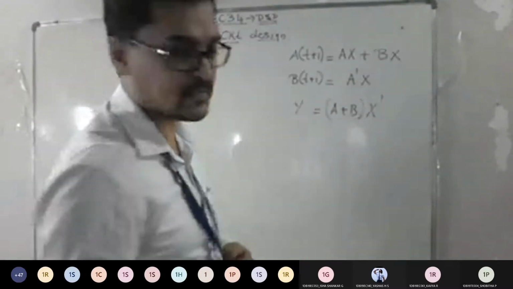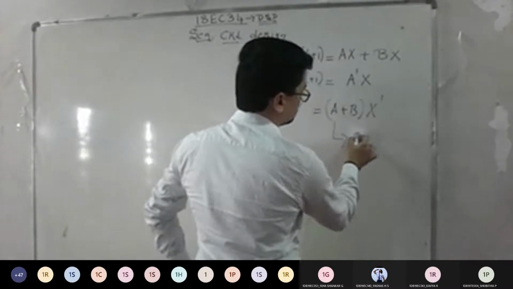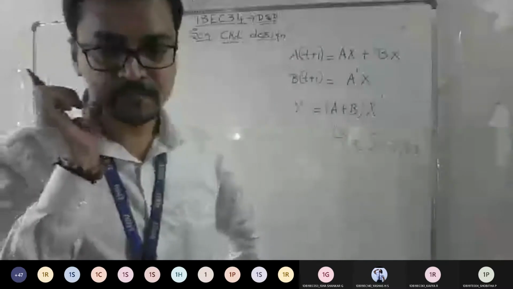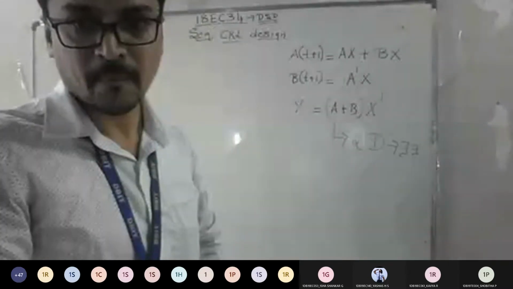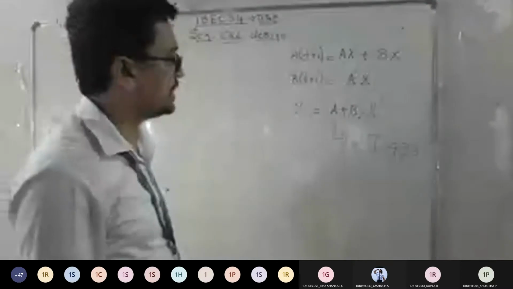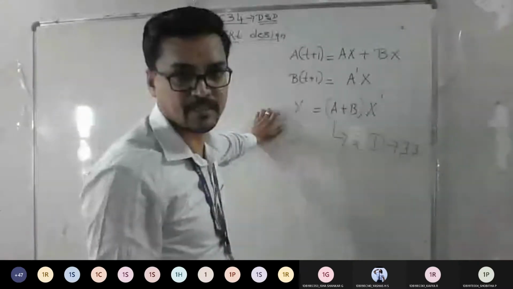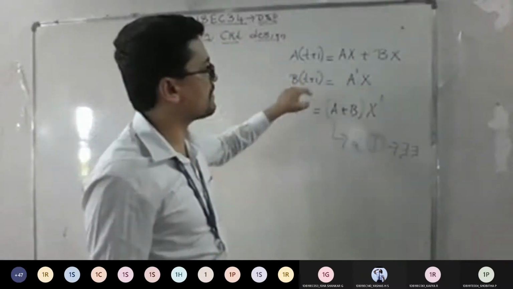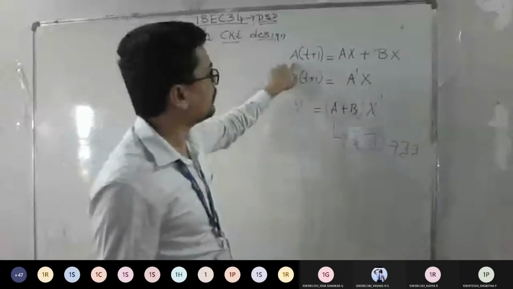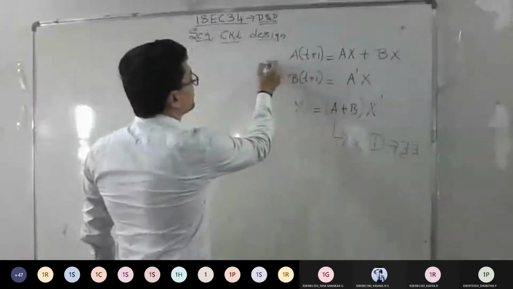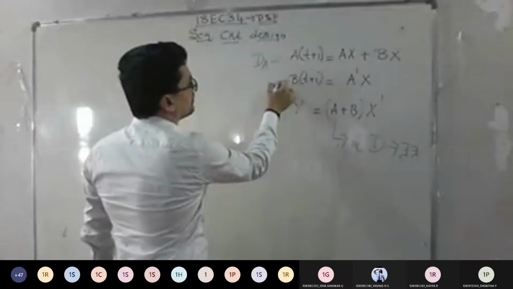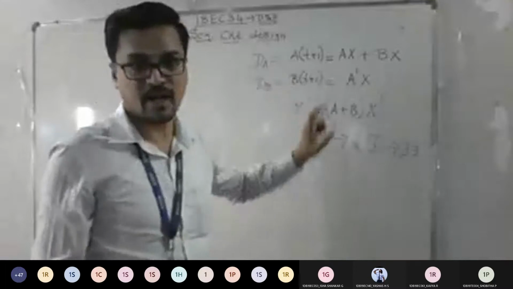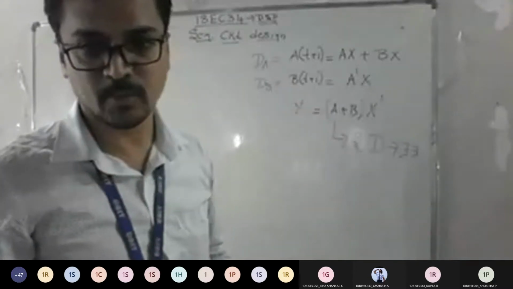What is asked, I will mention. What type of flip-flop have they asked you to design? D. Is it visible what I'm writing here? Yes, sir. Okay, fine. Now we need to design this using two flip-flops, that is your D flip-flop. They've given D flip-flop A and D flip-flop B, and the corresponding equations are given. Whenever you find A of t plus 1, it itself indicates your DA, and similarly DB. Now we need to build a logic diagram which involves these equations, and you can draw one separate logic diagram for the output.